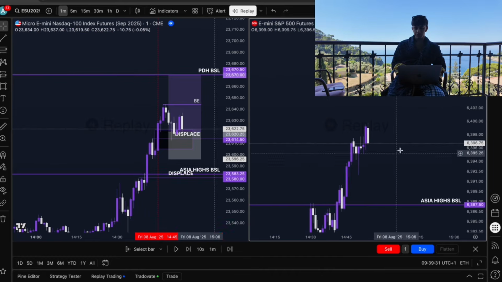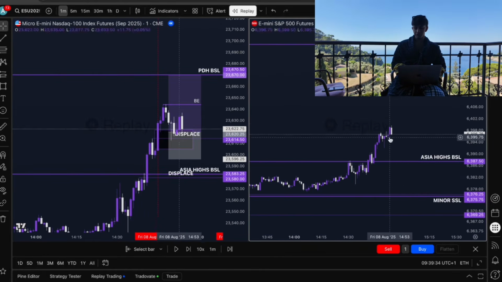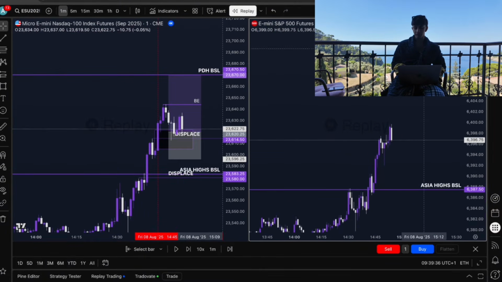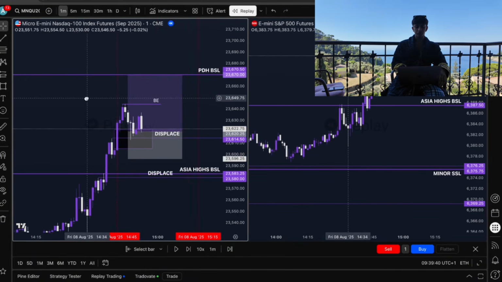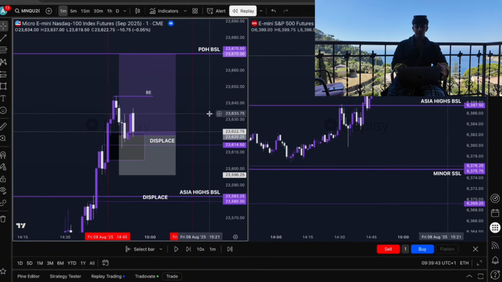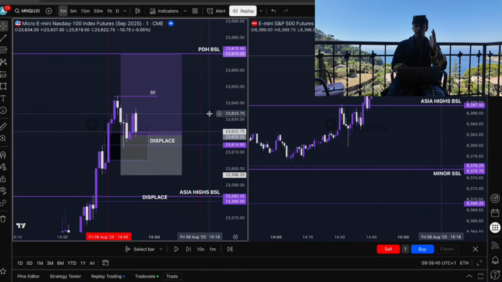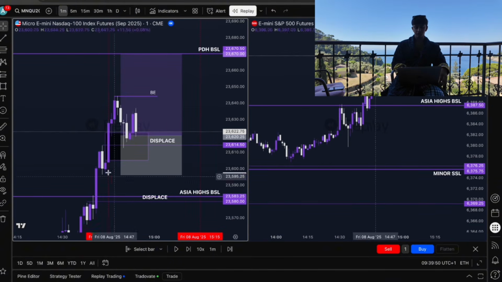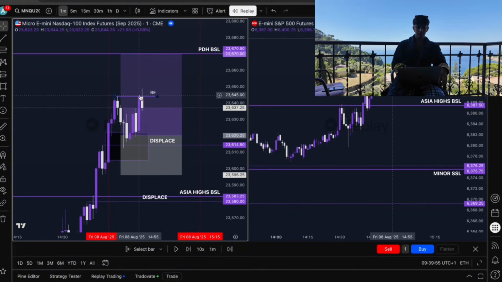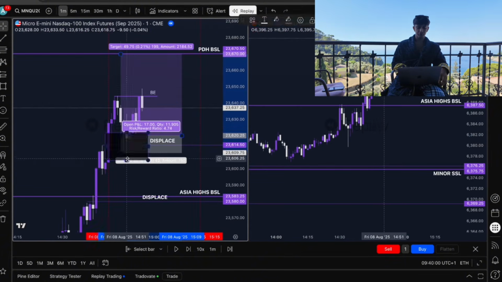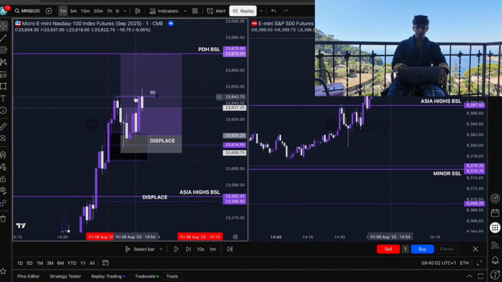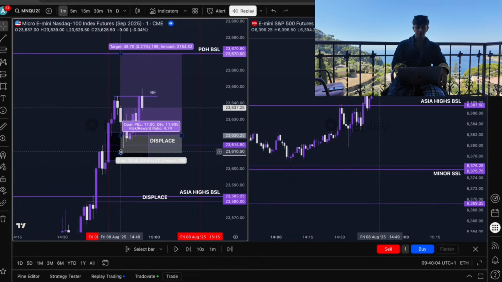Playing this trade out, we can see that ES has a lot of distance to go before it gets to that previous day high. So I was basically prepared to see a lot of chop, because ES has a lot of distance to make, and whilst ES is pushing higher, NQ is just going to be chopping around. So I wasn't surprised that price wasn't moving the cleanest. But we then took that first point of that short-term high. Once we took this point, I reduced risk, but then straight after that we took break even, so we were risk free there.